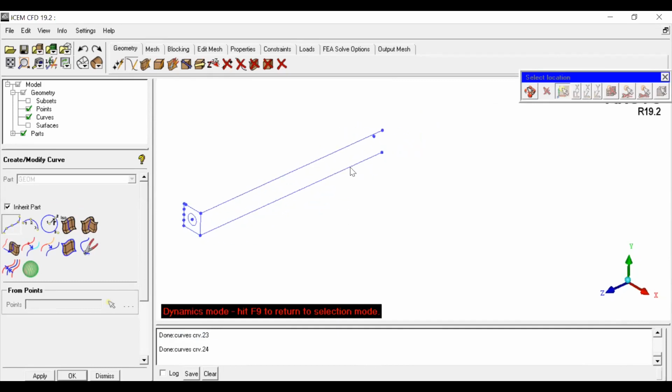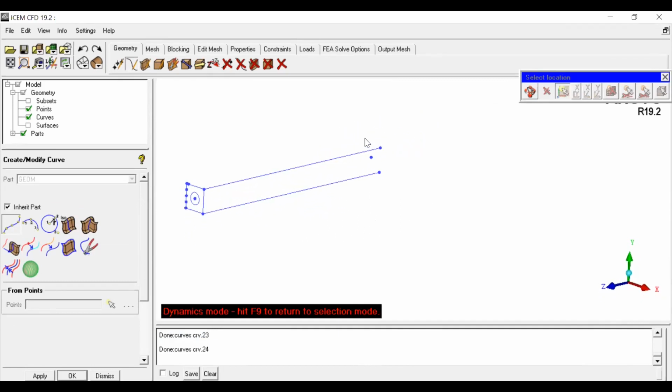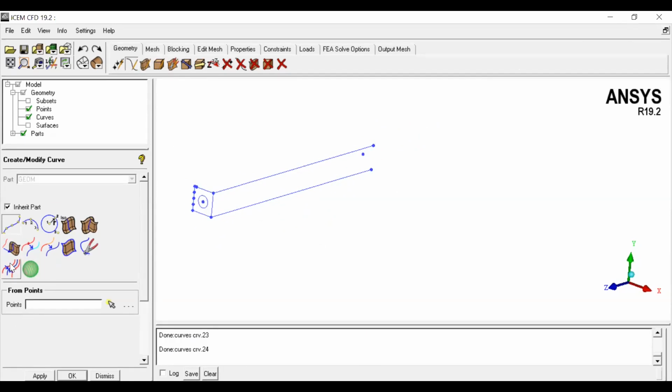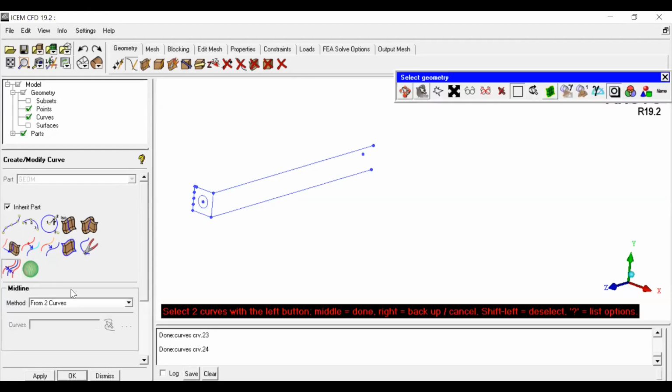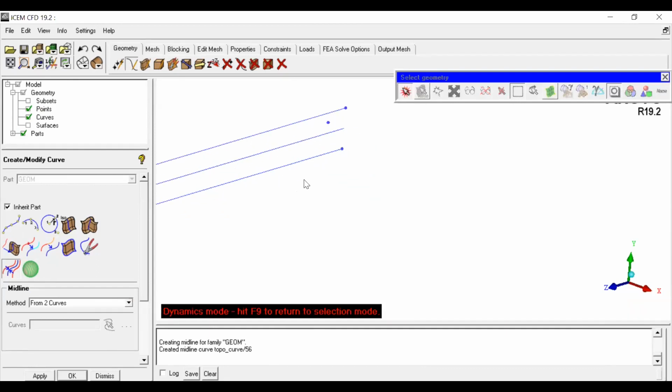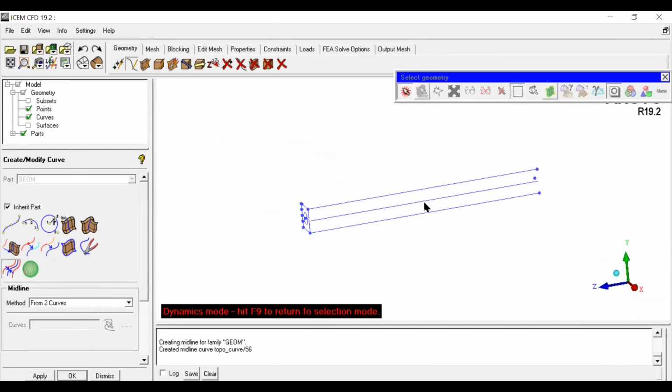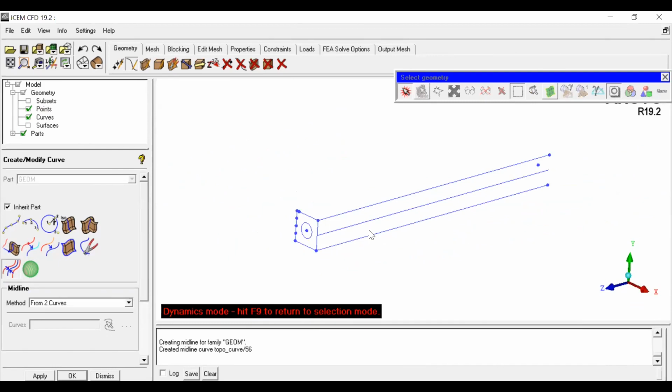Okay. Now, for example, if you want to generate a midline, go to the line command. There is a command called create a midline from two curves. Select the first curve, second curve, and the middle line is created. But you can see only the line is created, and points are not created on the ends of the line.